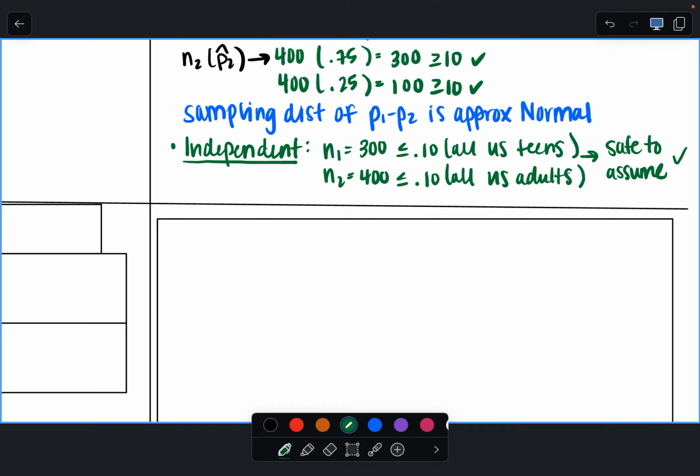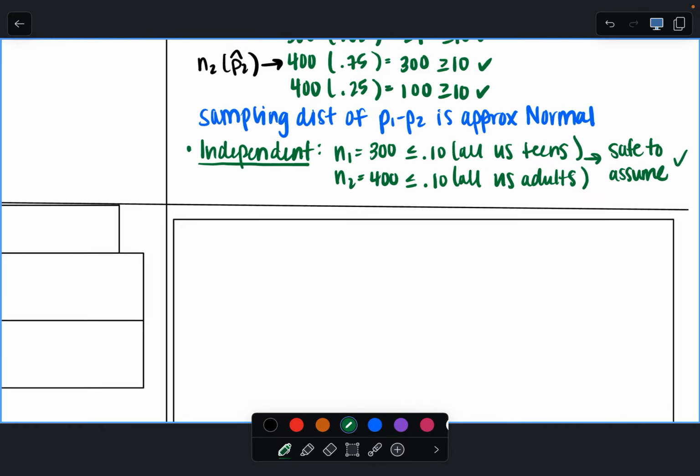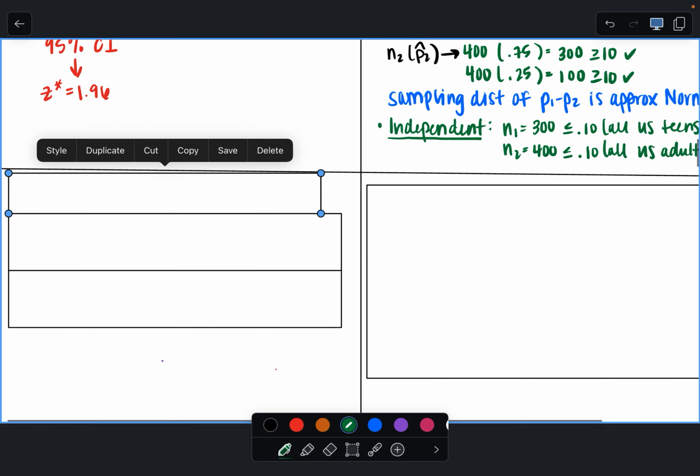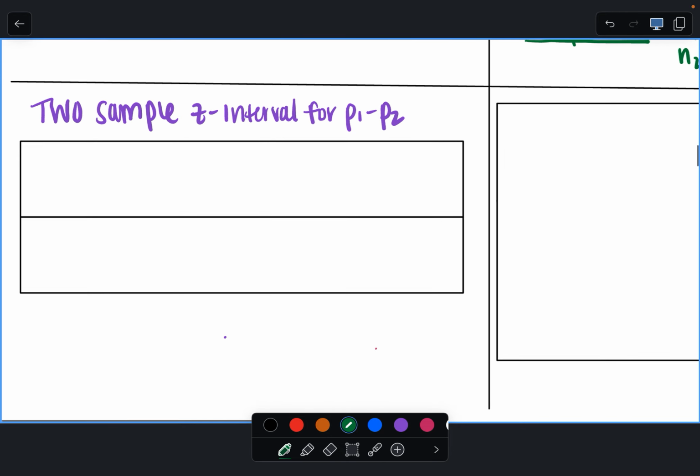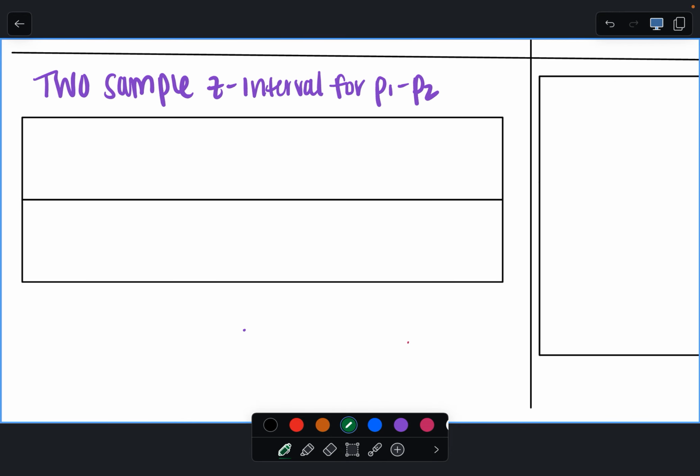Now that I've checked all of my conditions, I need to go in and name the test. So the first thing I'm going to do is name what I'm doing. This is a 2-sample Z interval, and this is what I meant when I said we're going to shorthand this a little bit. Instead of saying for a difference in proportions, I will often just write how I am subtracting the values. You get to decide, as long as the question does not tell you a specific direction,